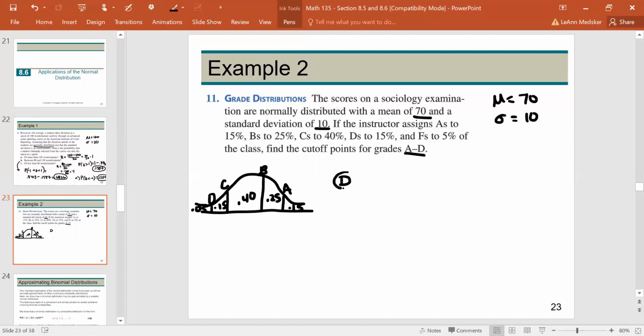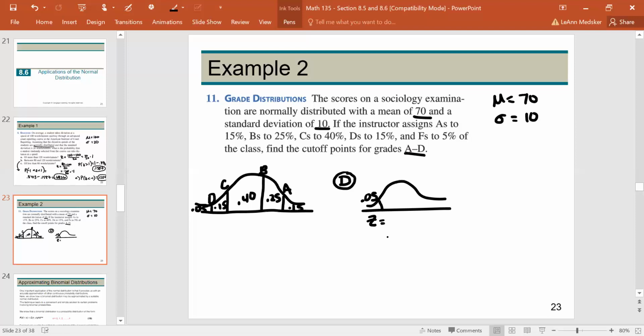I'm going to be focused on that guy first because he's on the lower end. And remember, our chart always reads to the left, so that's going to help us. So imagine we don't care about anything else on the chart except that this guy is 0.05. So we want to know what z-score goes with that. So remember, you have to look into the chart where all the decimal numbers are. And this is obviously going to be a negative number. And if I look into my chart, which I can't project to you guys, but you have yours that I gave you,